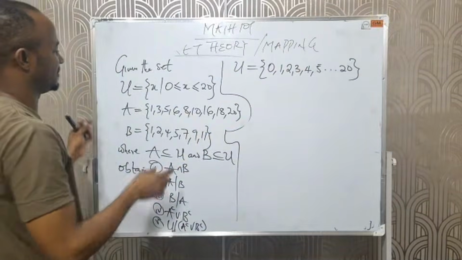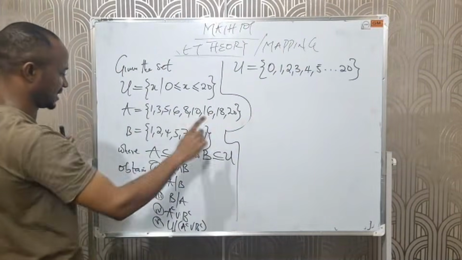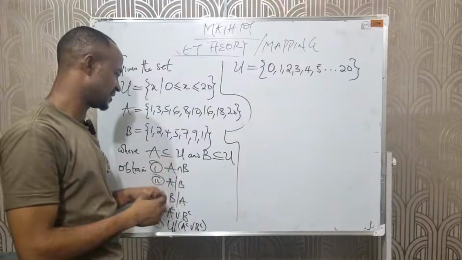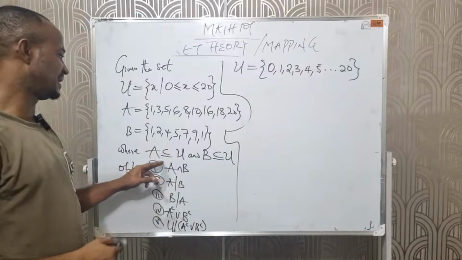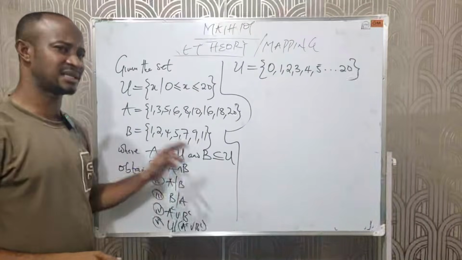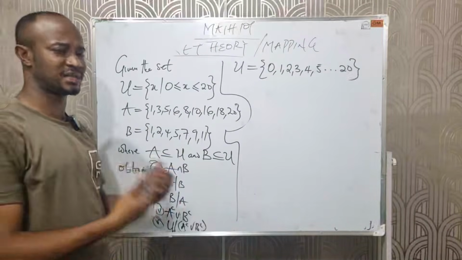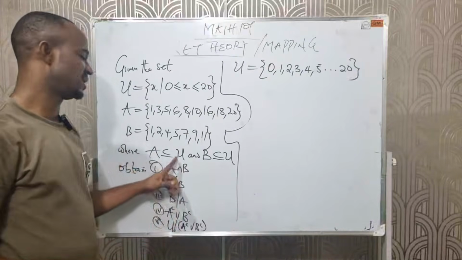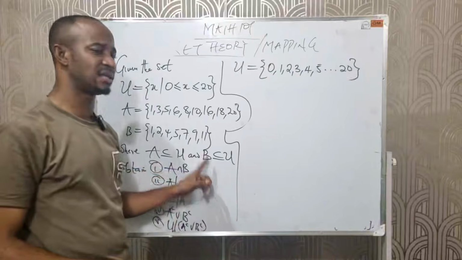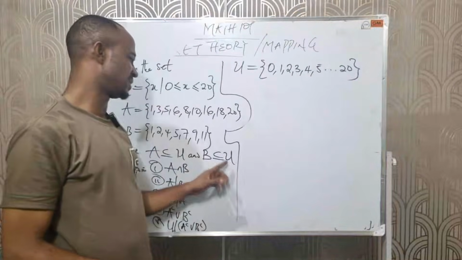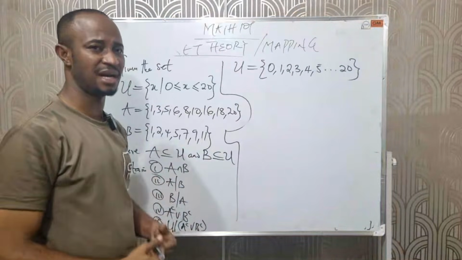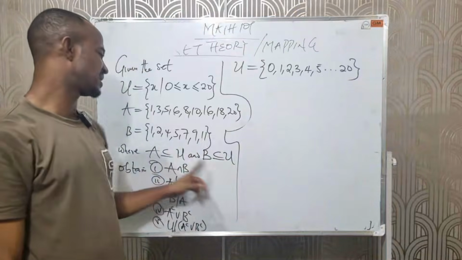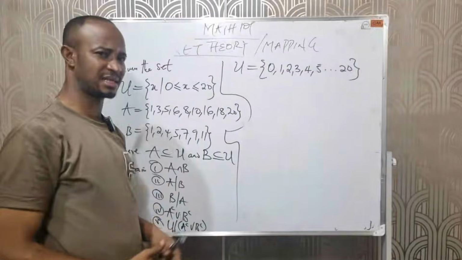So already we have seen that set A is given, set B is given. We are not told that A is a subset of the universal set. I explain what this means: that either A is equal to the general set, or A is not equal to the general set. That means every element in A is contained in what? In the general set. B is a subset of the general set, which means every element in B is contained in what? In the general set. That means that the general set is simply a superset